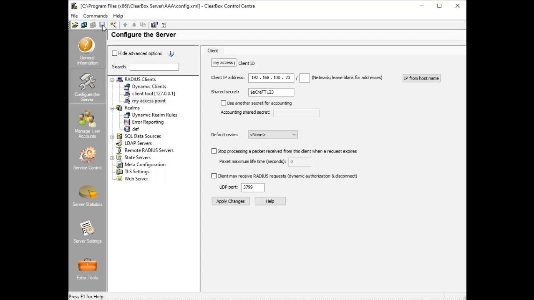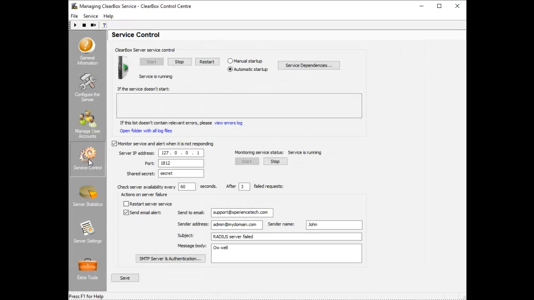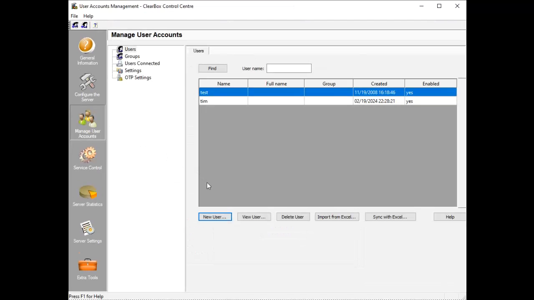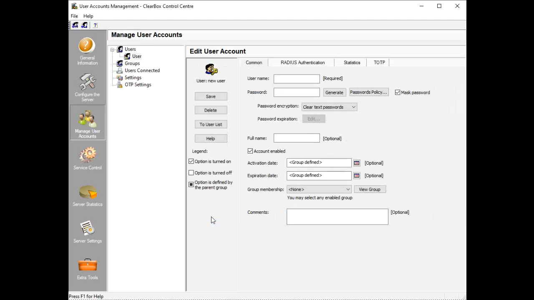ClearBox tracks the changes to its configuration file, and it will reload its configuration in about 20 seconds. Anyway, we may restart the server manually to be sure that all changes take effect. In order to do that, we open the Service Control panel and click Restart or Start, depending on the server state. And finally, we demonstrate how to add a new user to ClearBox's internal database, if you opt to use